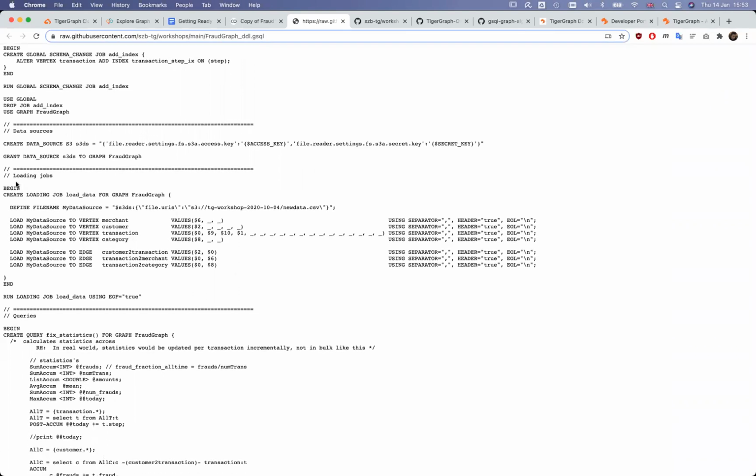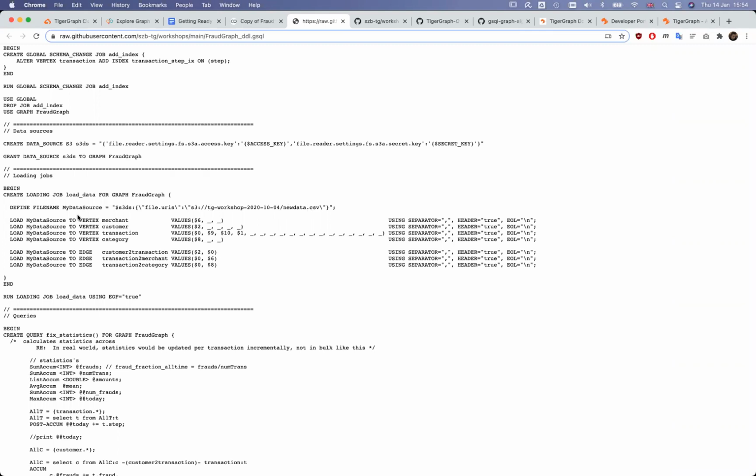The next stage in the script is creating the loading job. This is actually the programmatic version of the data mapping that we have done. Here I specify the data source, which is a file called utils.csv in an S3 bucket called TG Workshop 2020-1004. I'm just reusing the same data file from the previous iteration of this workshop.